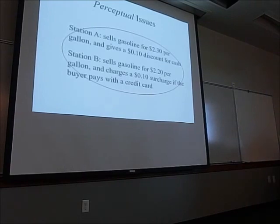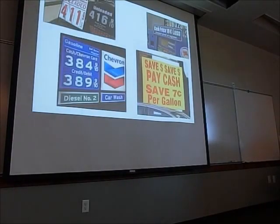But the difference is, and the reason you see more of this discount, is that people don't want to be charged, they don't want a surcharge, they want a discount. So even though it's the same thing, when it's framed as a discount, it seems better, right? So you see, discount for cash,